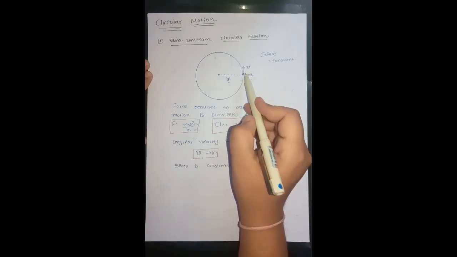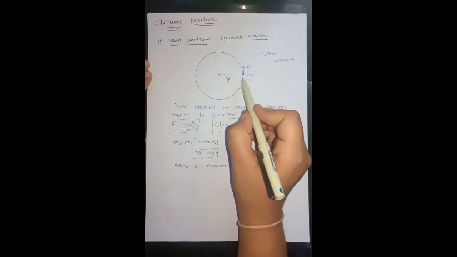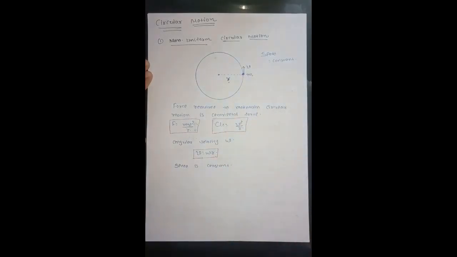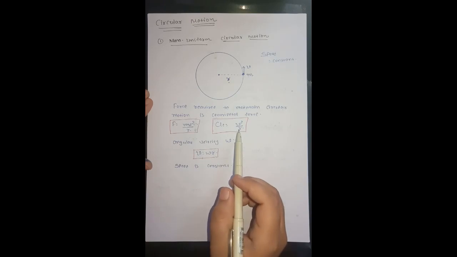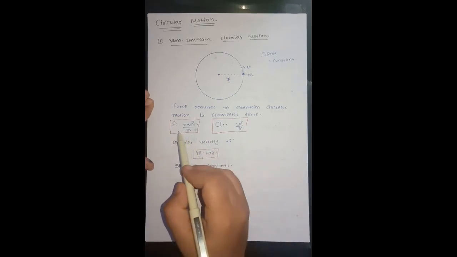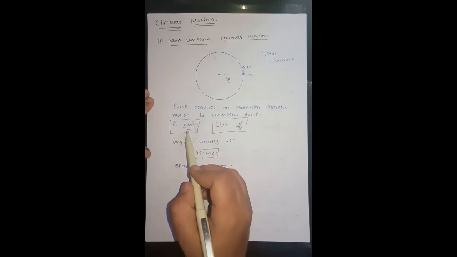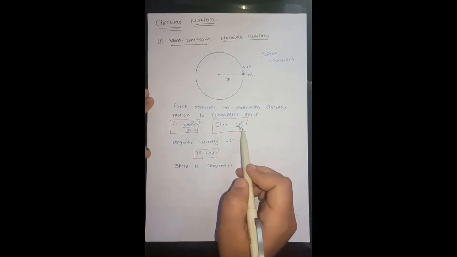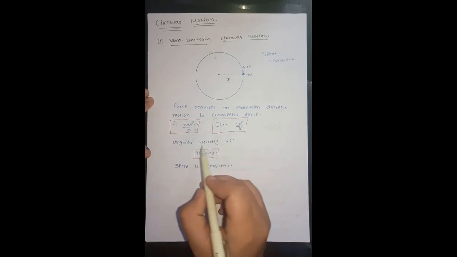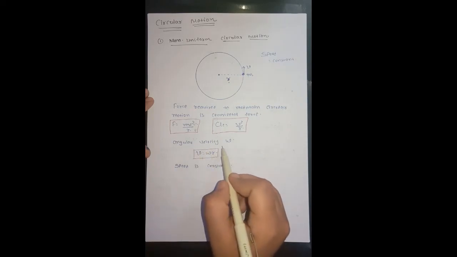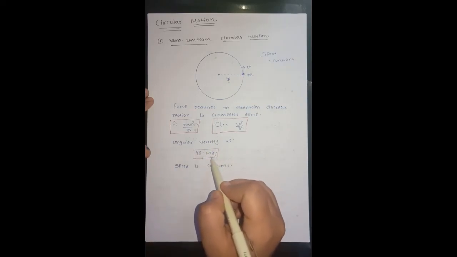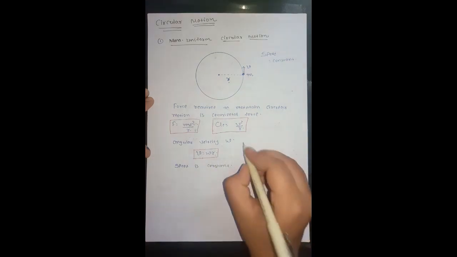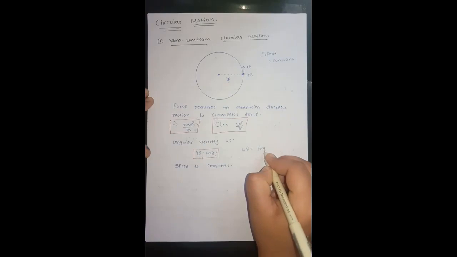v. Here, to maintain the circular path, one force is required that is acting on the object towards the center of the circle. This force is called centripetal force. This centripetal force is given by mv square by r. So the centripetal acceleration will be v square by r. The relation between the angular velocity and linear velocity is v is equals to omega r. Here omega is the angular velocity